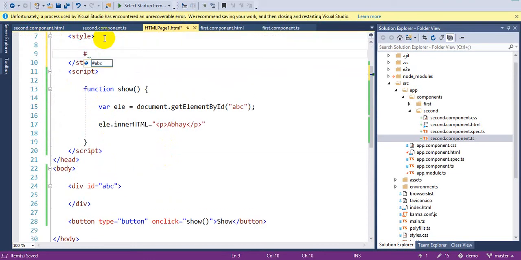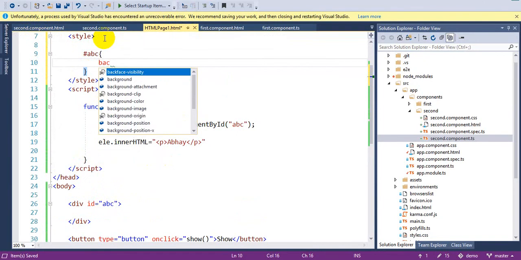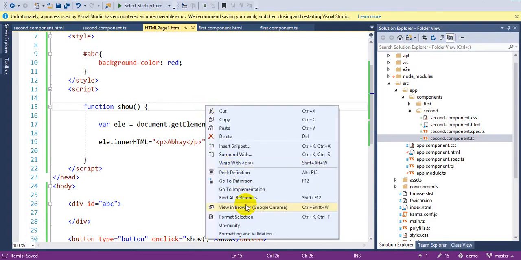If I want to style ABC and I want to make that background color colon red, I don't need to create a class. Wherever this ID is, it will automatically apply the red color. ठीक है ना? Got it? So that is the selector.